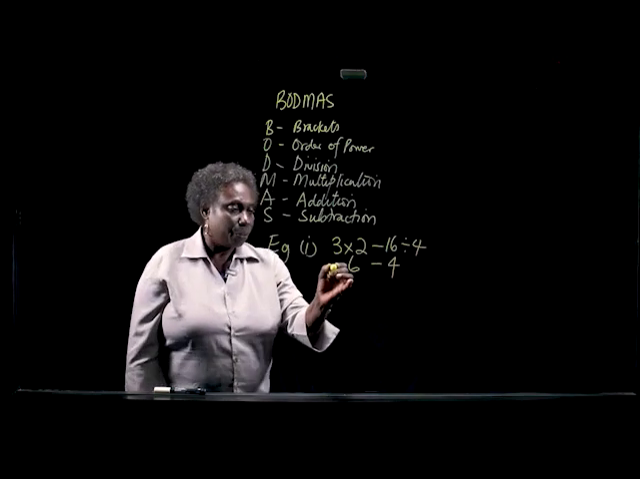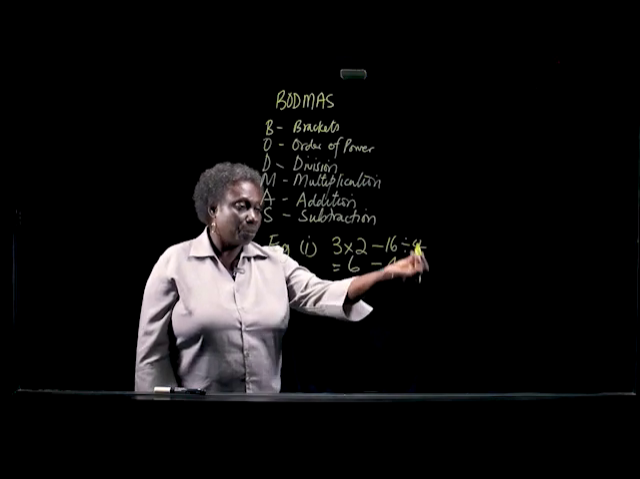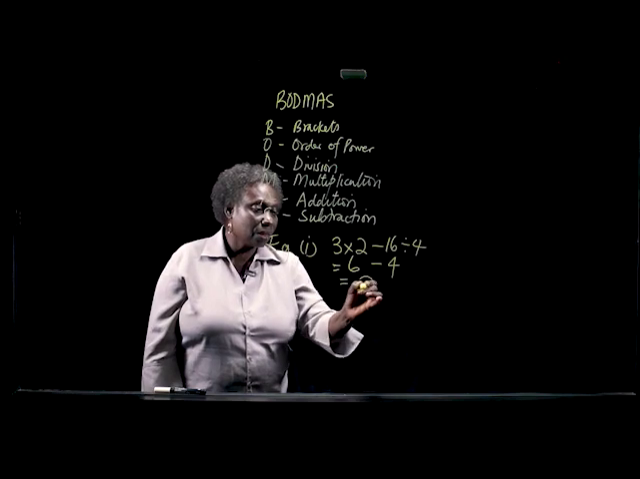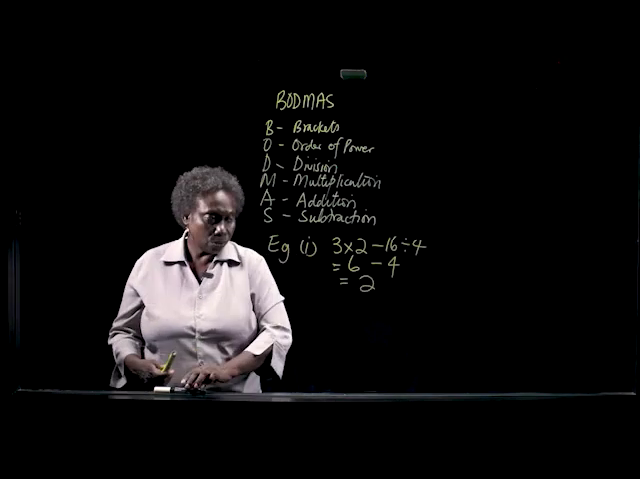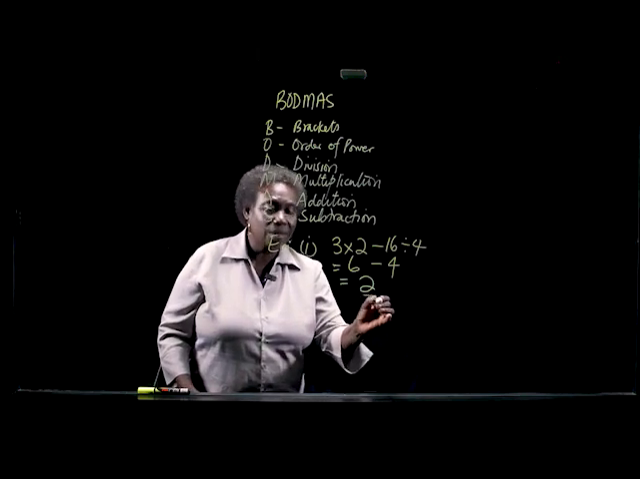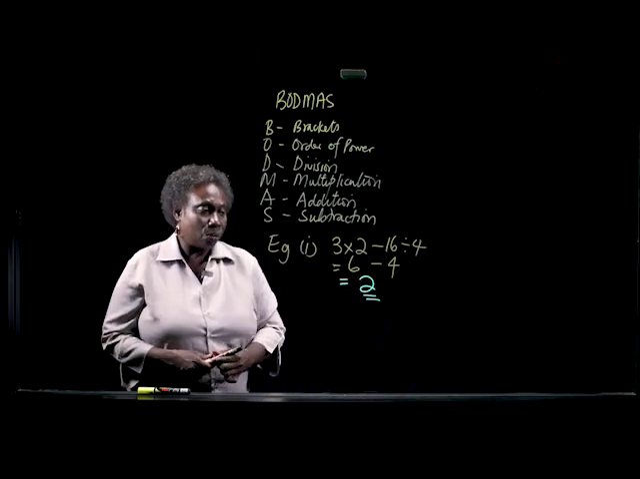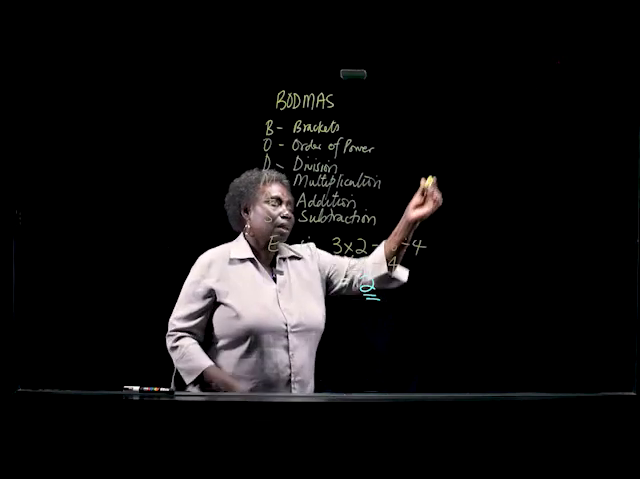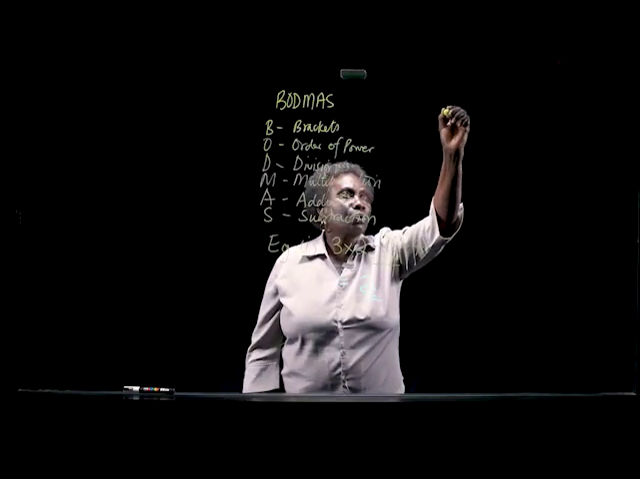Now, we work from left to right by adding or subtracting. 6 minus 4 is 2. So, we have 2 as our answer. Now, let's go to the next example. Okay? In our next example, example 2,